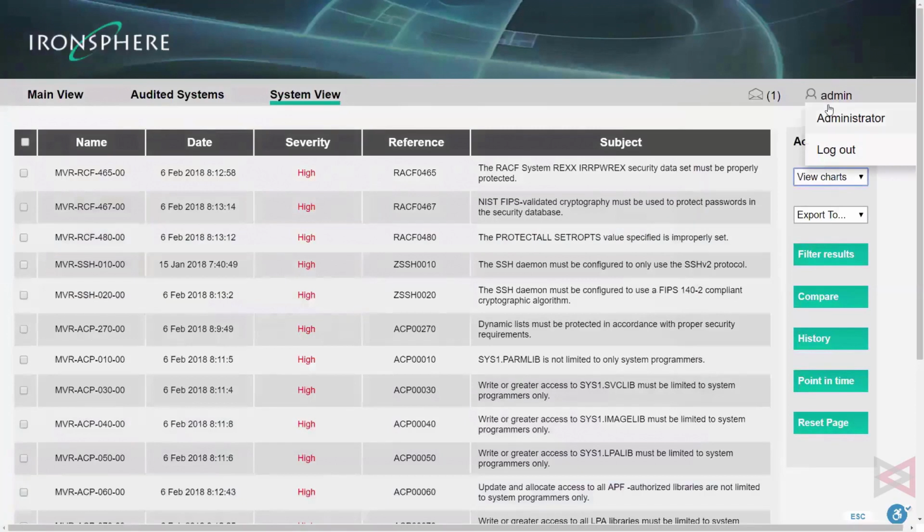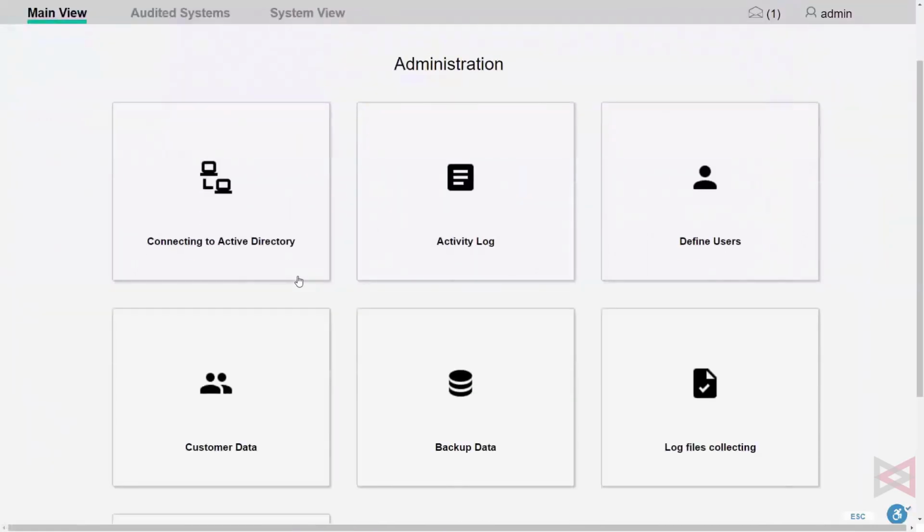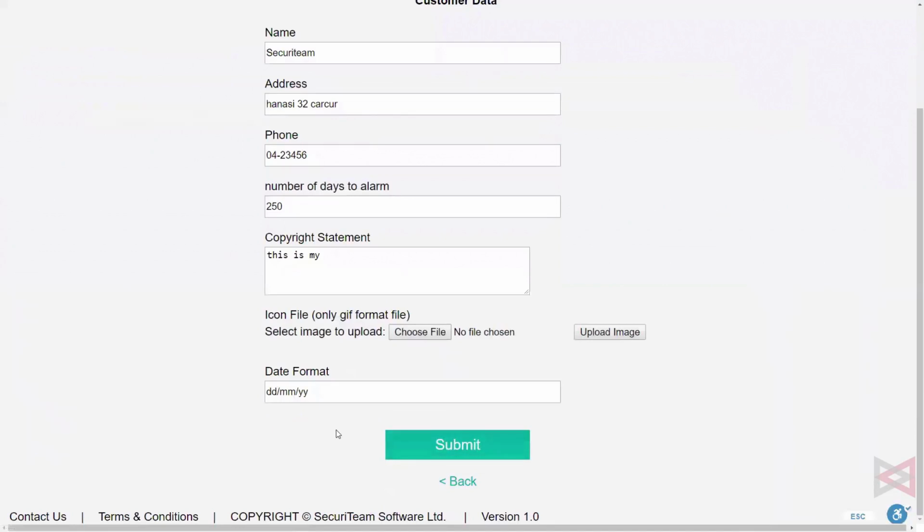If you're an administrator, you can see some of the administration options here. You can connect the system to Active Directory, which is probably what you would do. You can see the activity log, and define users and their roles. You can define your own customer data, like your copyright statement, phone number, address, name, the data format, a logo if you have one, and the number of days to alarm on inactivity of a check. If you see here, it's 250. If I change it to 150 and click submit